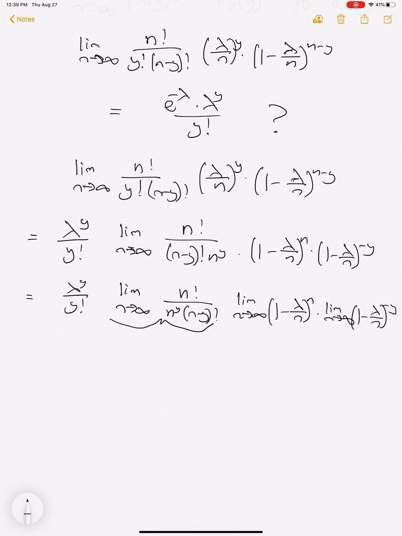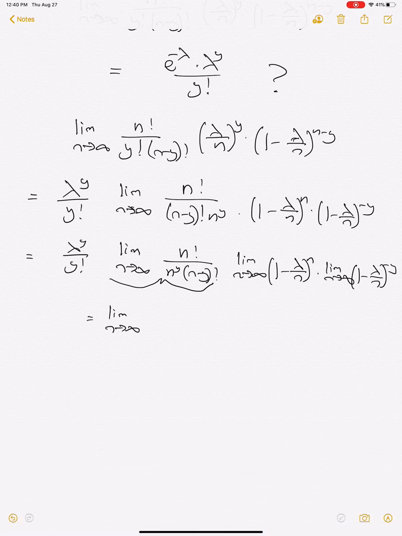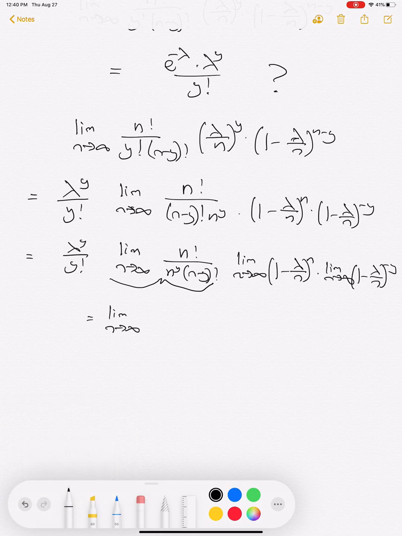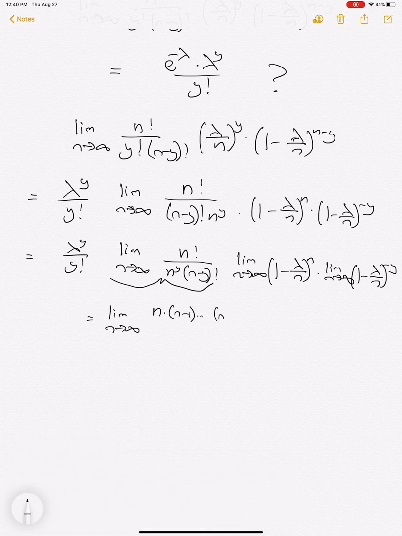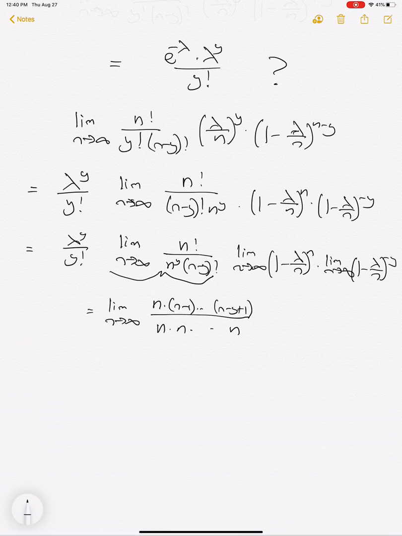It looks kind of complicated, but we can re-express this. There's a lot of cancellation here because we have this n minus y factorial. We can rewrite this as n times n minus 1 times up to n minus y plus 1, and then we have n times n, y times. Because y is considered to be a finite number, n over n is just 1, n minus 1 over n as we take a limit is just 1, and we just keep getting 1 being multiplied together over and over again, so this is just equal to 1. Okay, so we've gotten rid of that limit, we've gotten rid of that term, and so we just have